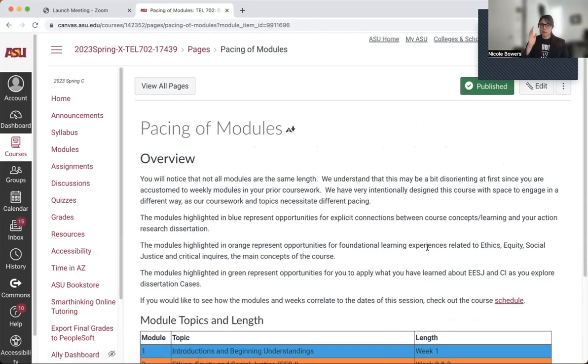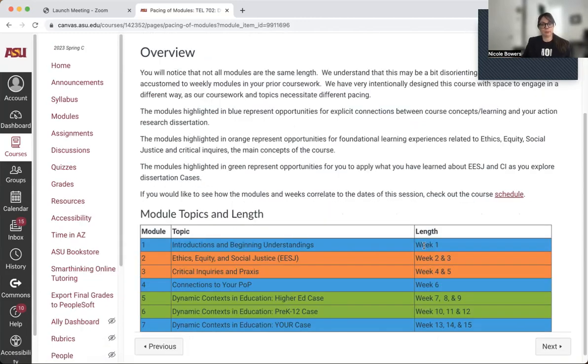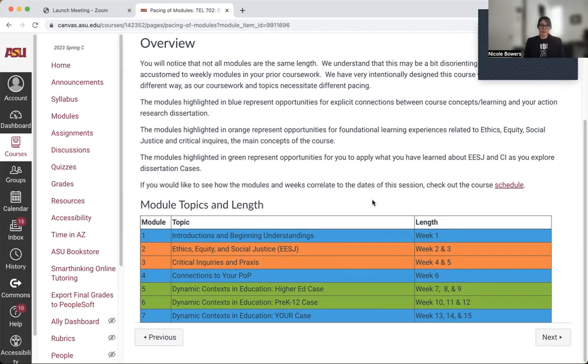All right. So the pacing of the modules, I'm also going to talk about how this course is designed and broken up. We have 7 modules over 15 weeks. So you can see that each module is definitely not week per week. And this has to do with the amount of time within a certain grouping of concepts that you'll need for meeting with groups, for working on the different sections.